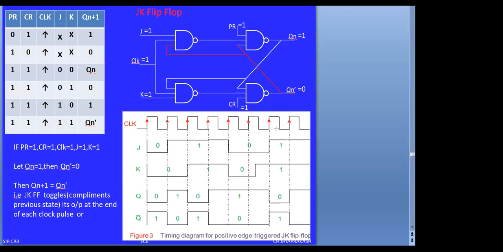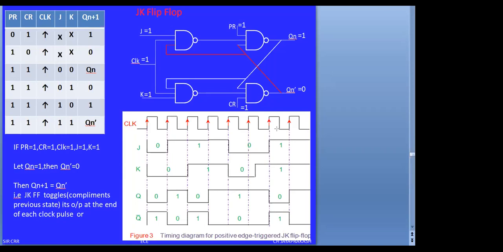But in JK flip-flop also we have one disadvantage. The toggling is not good now. ఎందుకంటే నాకు అవుట్పుట్ అనేది 0 లో ఉంటుందా 1 లో ఉంటుందా మనం ఎప్పటికీ డిఫైన్ చేయలేము. ఎందుకంటే కంటిన్యూస్ గా కాంప్లిమెంట్ అయిపోతుంది. ఇలా కంటిన్యూస్ గా కాంప్లిమెంట్ అవుతుంది కాబట్టి we cannot determine the output state or a stable state అనేది కనిపించదు. ఆ స్టేబుల్ స్టేట్ ని ఐడెంటిఫై చేయడానికి the disadvantage in JK flip-flop is called as the race around condition.